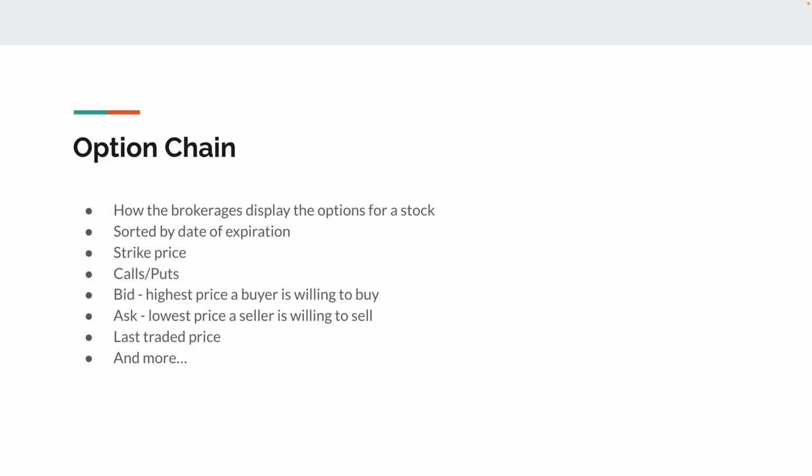After you get into a brokerage account, you can see their option chain, which is how brokerages display the options for a stock. They are normally sorted by date of expiration. You will see the earliest to expiration first. And then you get to see the strike prices, the calls and puts,